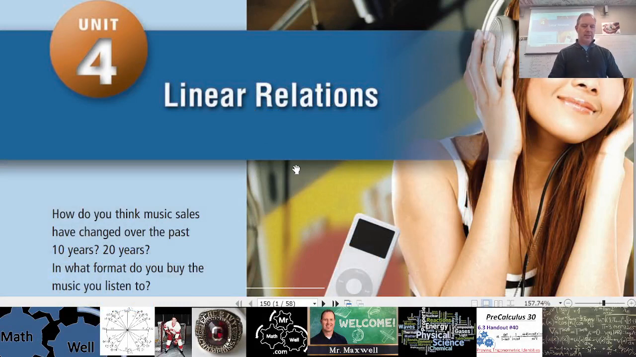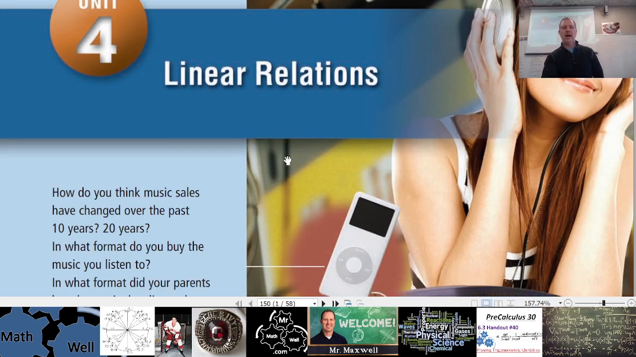And we look at Chapter 4, Linear Relations. So again, in Pearson, Math Makes Sense, this book right here, it's going to be on page 150 is where we start. That's where this page is right here. And linear relations. Okay, so the question here on this very first page is, how do you think music sales